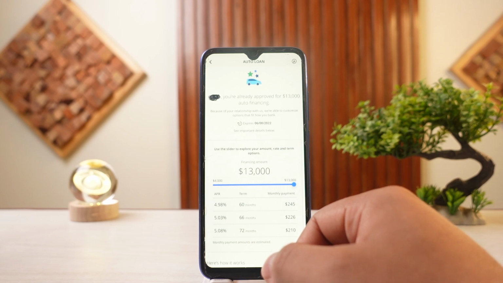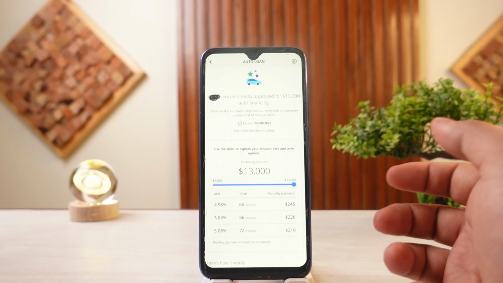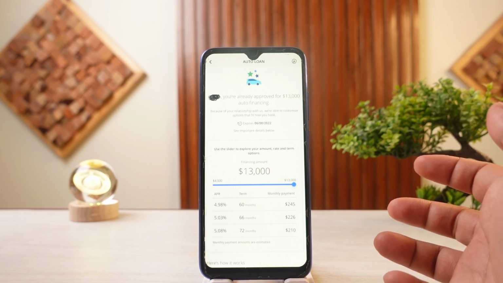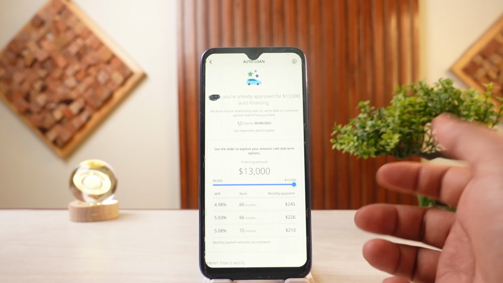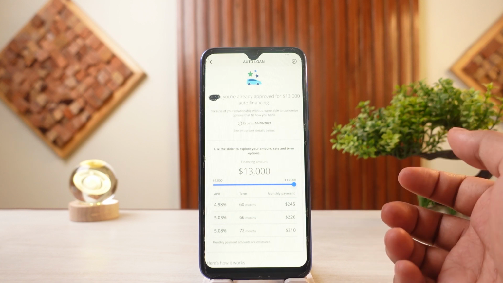In this video, let me show you how to use the Chase auto loan payment on the application. So if you're trying to pay the auto loan that you have within the Chase mobile app, in this video, let me show you how it is done. Now you can either do a one-time payment or you can also schedule a recurring payment within the application of